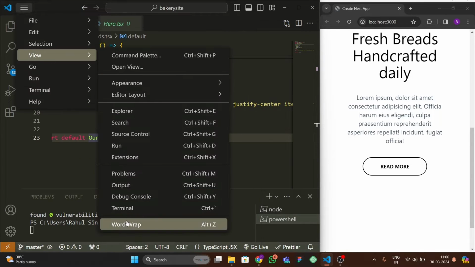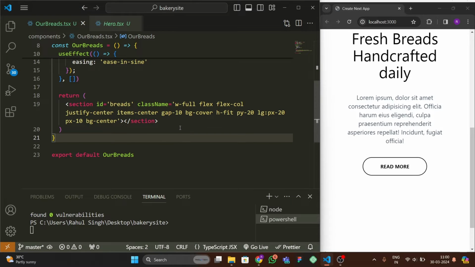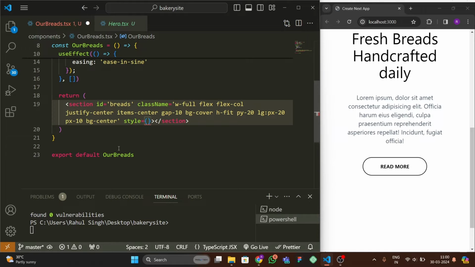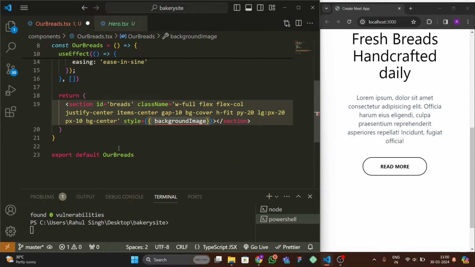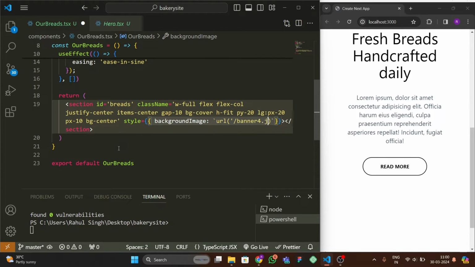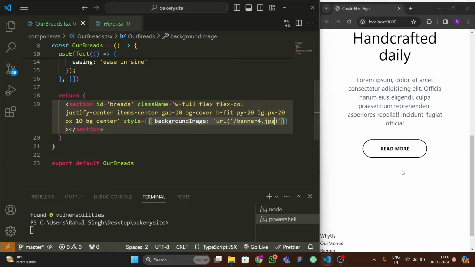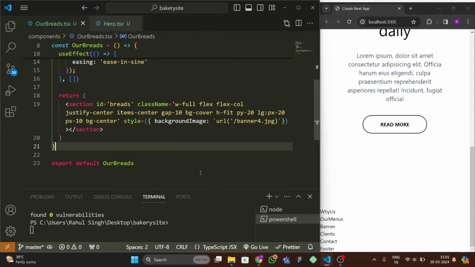Okay, so let me see. Then after that, what we have to do is go here, style. We're gonna write here background image, and here we're gonna write url, and here dynamo.jpg. Okay, then after that we have to go inside this section, and here